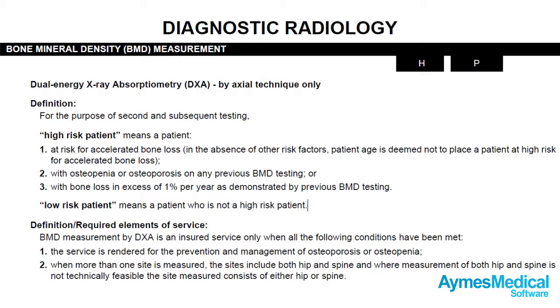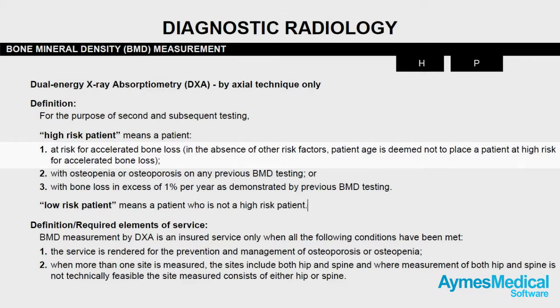In the Diagnostic Radiology Procedures document, in the bone mineral density section, you will see that in Ontario, patients are classified as high risk or low risk. There are three definitions for high risk patients. The first definition states the patient is high risk if they are at risk for accelerated bone loss, and in the absence of other risk factors, patient age is deemed not to place a patient at high risk for